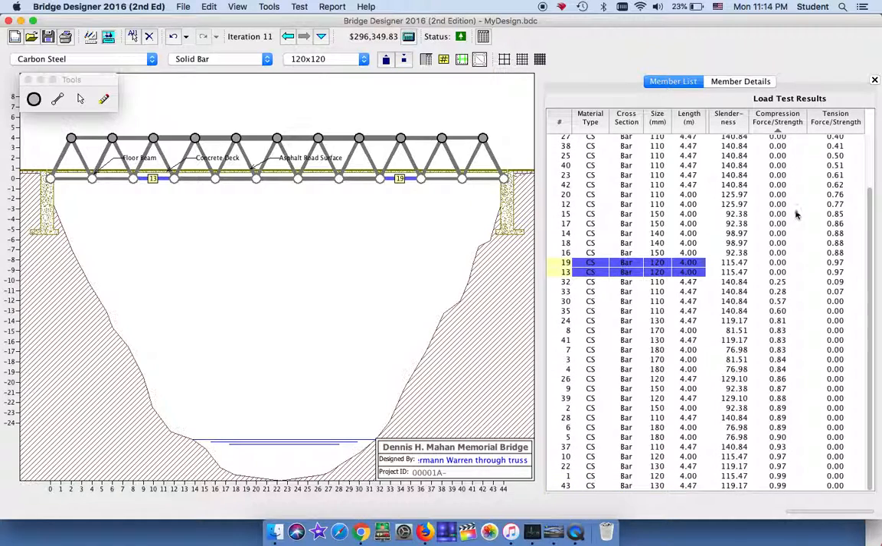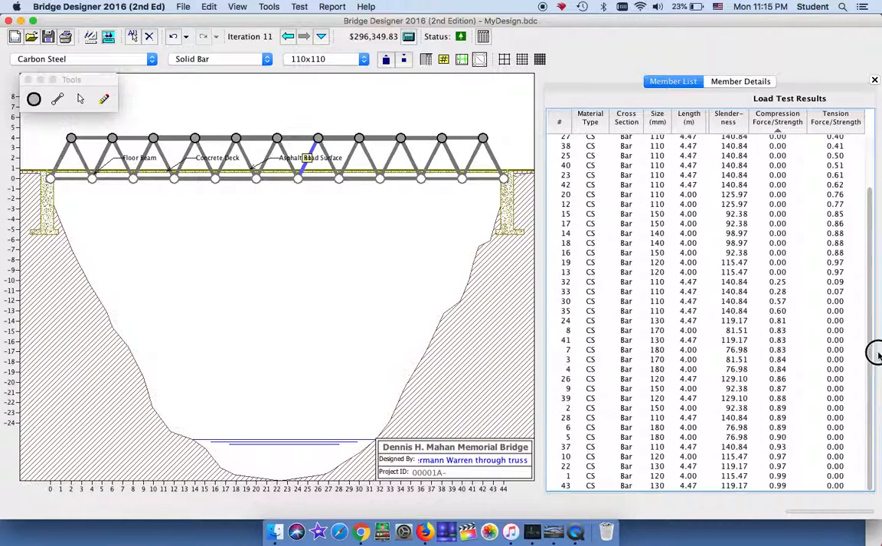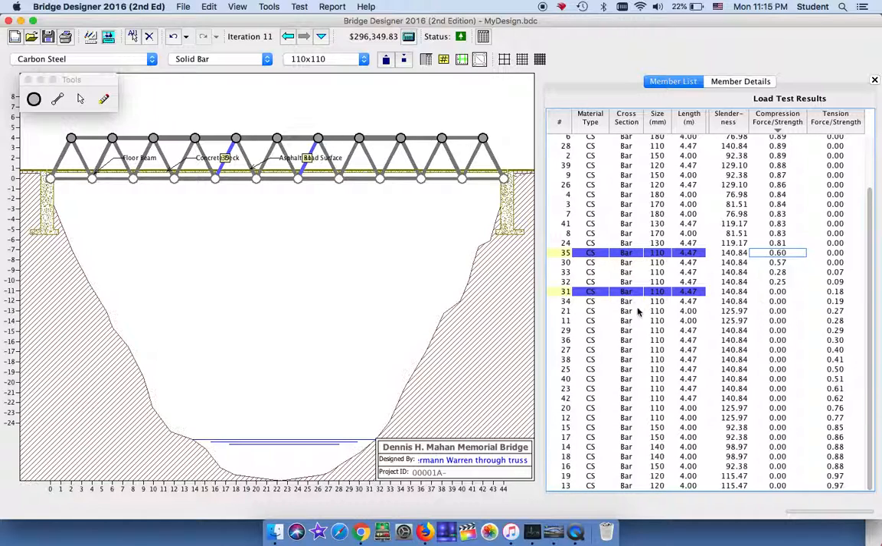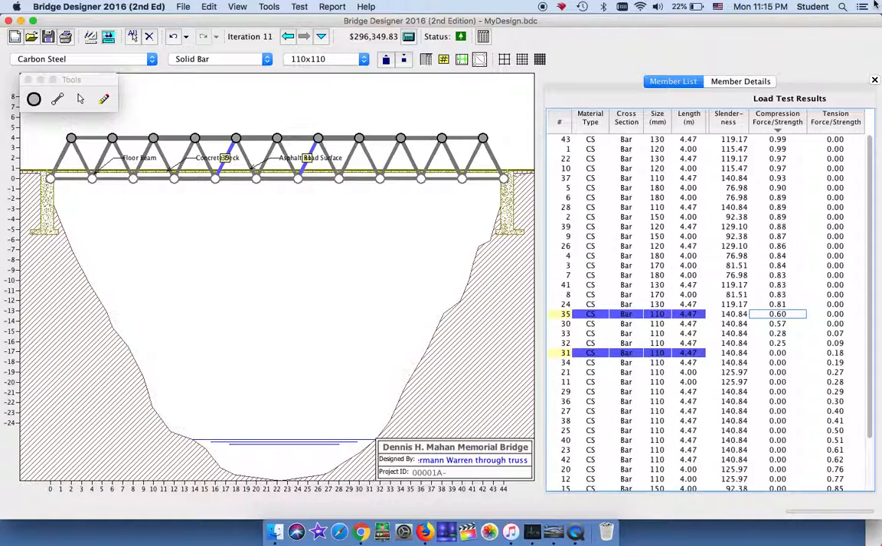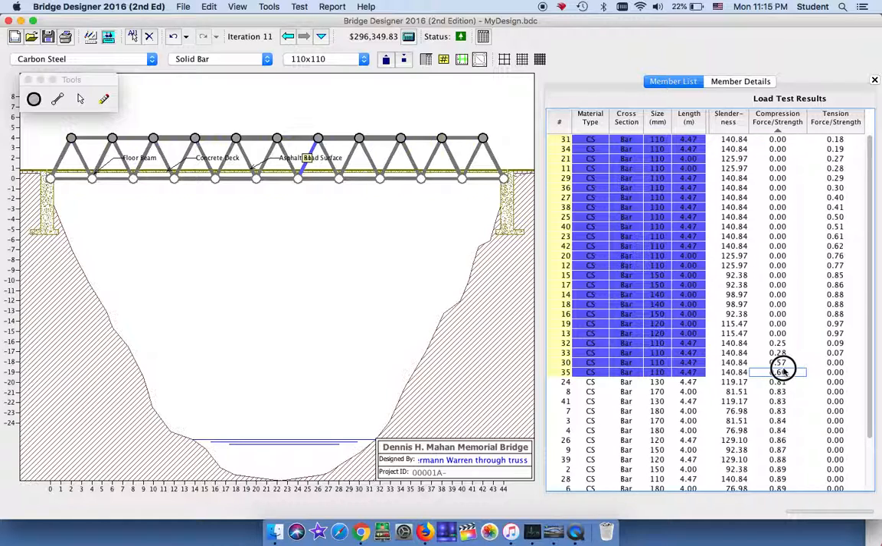Coming back to compression strength, and I'm sorting, starting at the top, coming down here to the bottom. All of these. Oops, I selected something. I'm going to try that again. Starting here at the first bar and then coming back down to 0.80. I'm going to make all of these